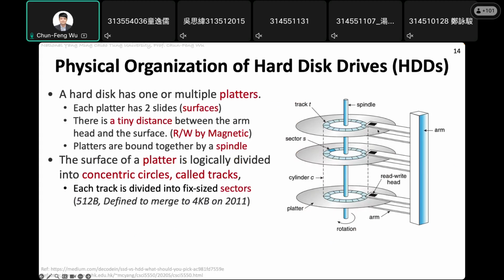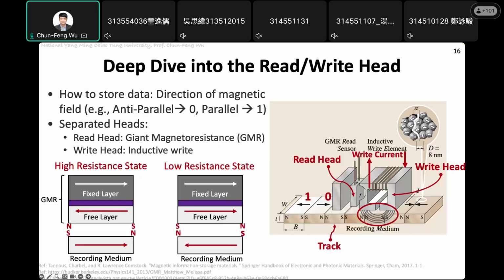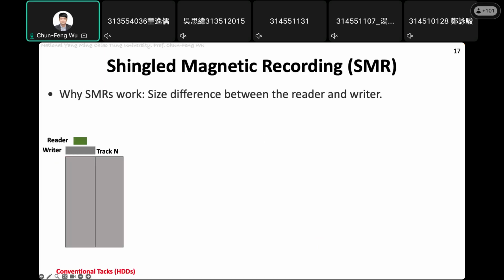size of the head. Okay, so now hard disk drive is hitting the capacity limitation, usually around 10 terabytes. And there is a way to increase the capacity, and this is called shingled magnetic recording, called SMR. And also you can buy this kind of SMR disc on the market now. Okay,